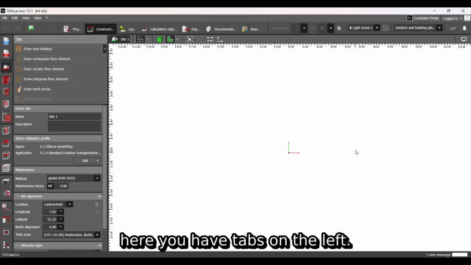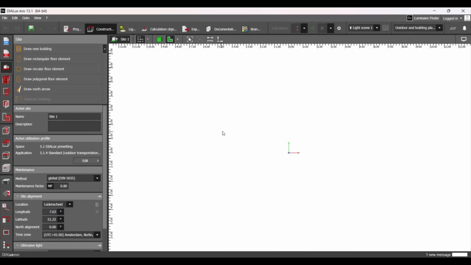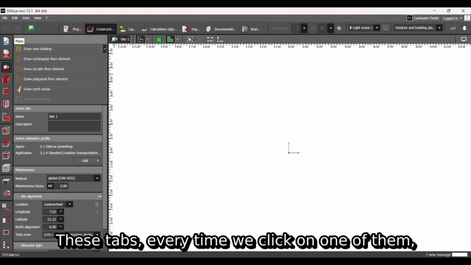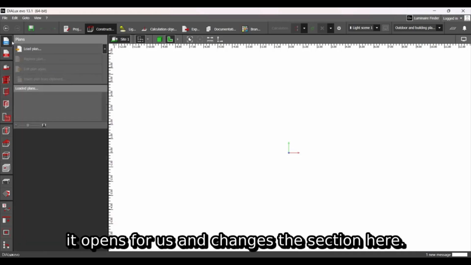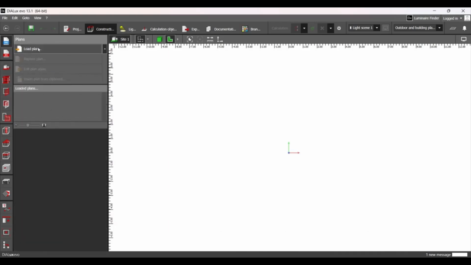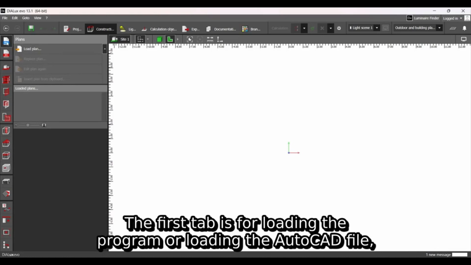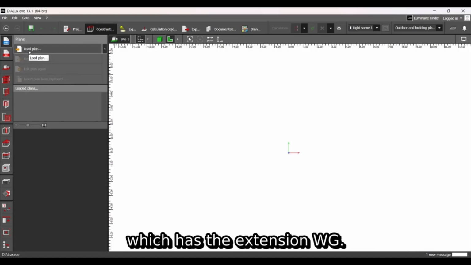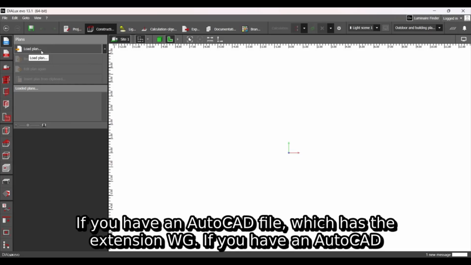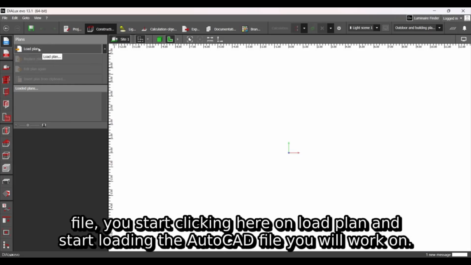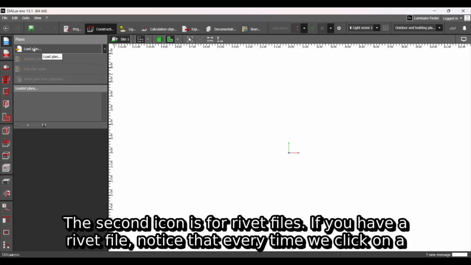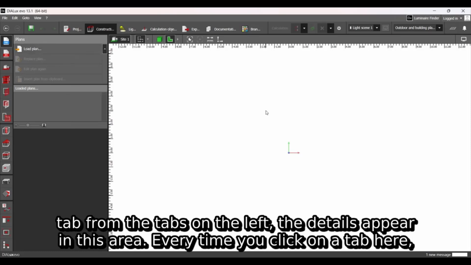Then, here you have tabs on the left. These tabs, every time we click on one of them, it opens for us and changes the section here. The first tab is for loading the AutoCAD file, which has the extension DWG. If you have an AutoCAD file, you start clicking here on Load Plan and start loading the AutoCAD file you will work on. The second icon is for Revit files. If you have a Revit file, notice that every time we click on a tab from the tabs on the left,